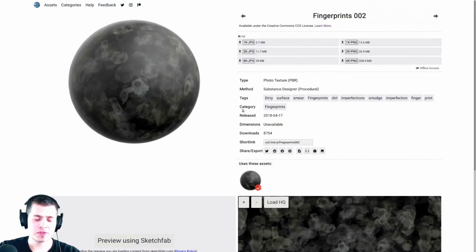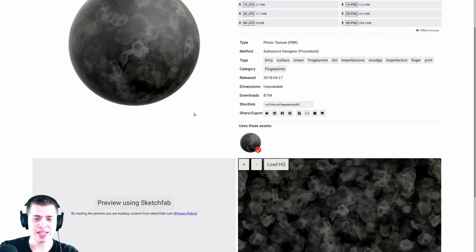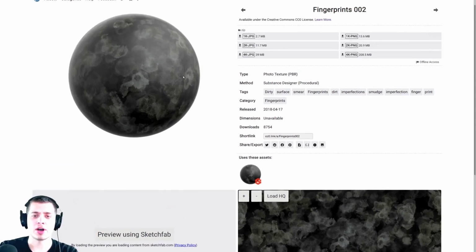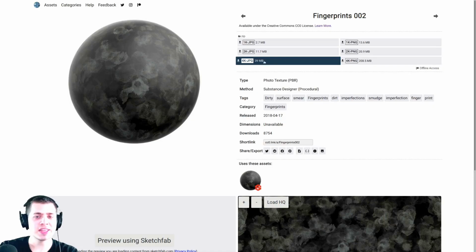Before we get started, there's a few resources online that I'm going to be using to make the tutorial. So I'm going to be using this Fingerprints 002, and this is on cc0textures.com. So we're going to be using this for the fingerprints on the Rubik's Cube, and I'm just going to be downloading the 4K JPEG. So link is in the description if you'd like to download this. You don't have to, it's totally optional, but if you want an even more photorealistic Rubik's Cube, then this will